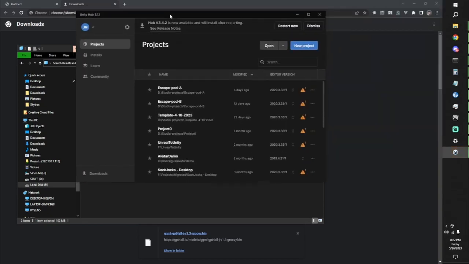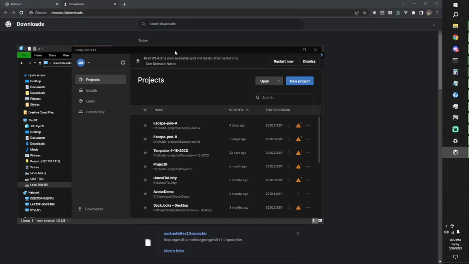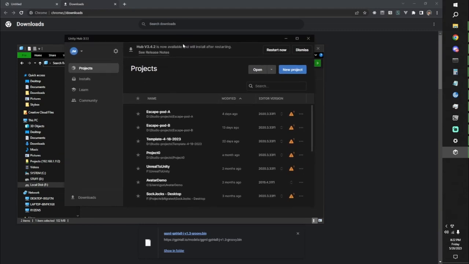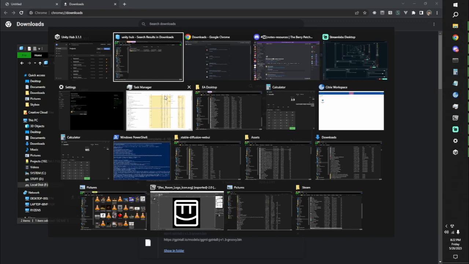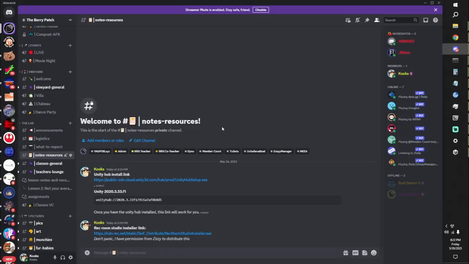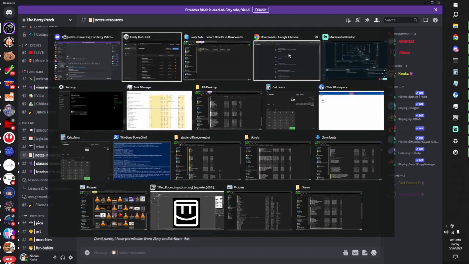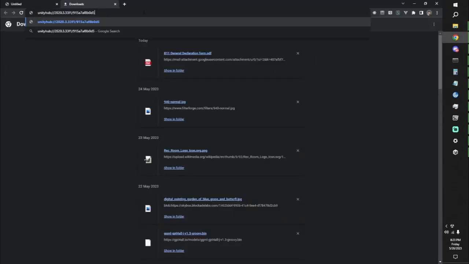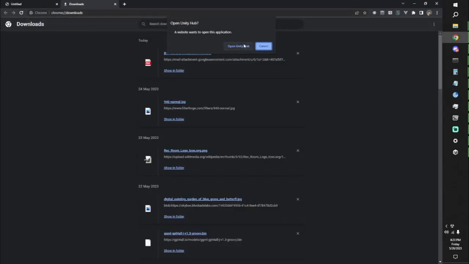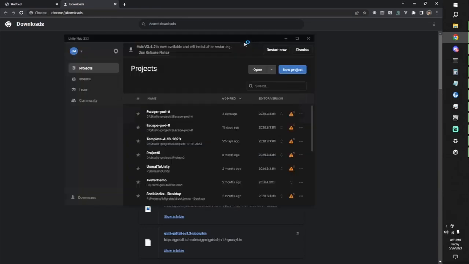So as you can see, we've now got our Unity Hub set up. I'm getting warnings on all of these because I uninstalled the right version of Unity for the sake of this tutorial. But to get that right version of Unity for Rec Room Studio, if we head back to the Notes and Resources section of the Berry Patch, now that we have the Unity Hub installed, we can take this Unity Hub link and paste it into our browser, and the browser will ask to open the Unity Hub. So we'll click Open the Unity Hub,